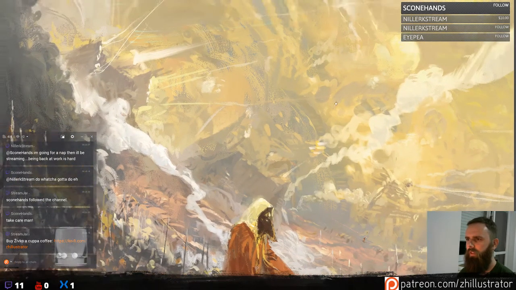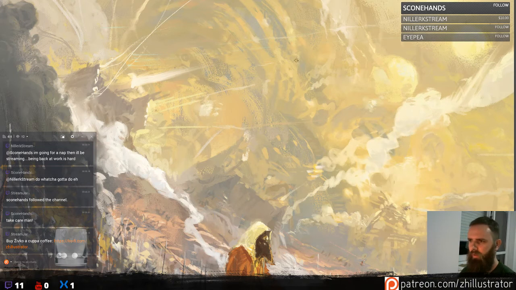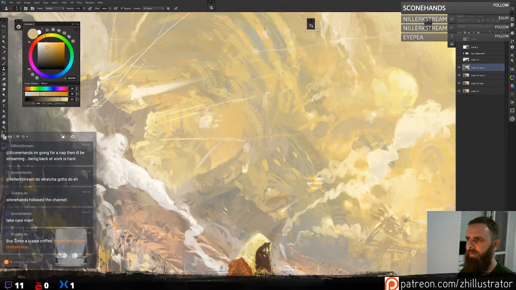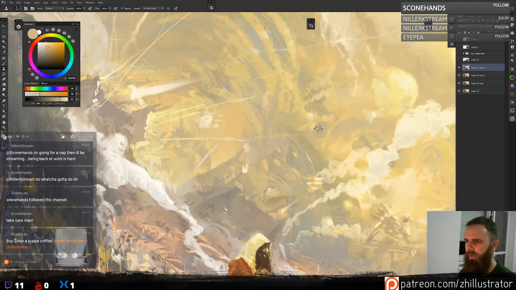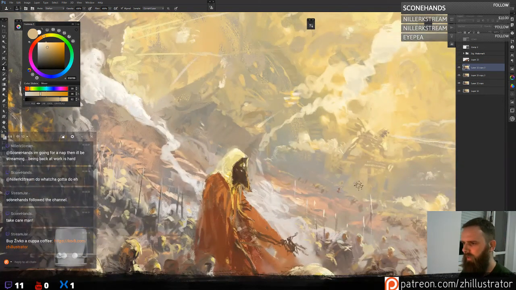What's happening here? Let's use the clone tool. Where are my clone tool settings? 60% darken. Alright, this is one of my favorites. Just adds a little bit of detail everywhere.